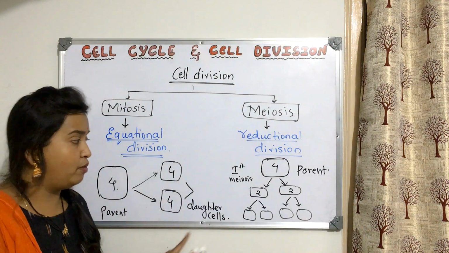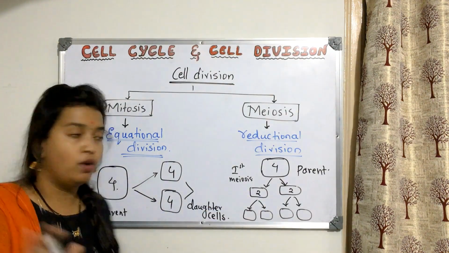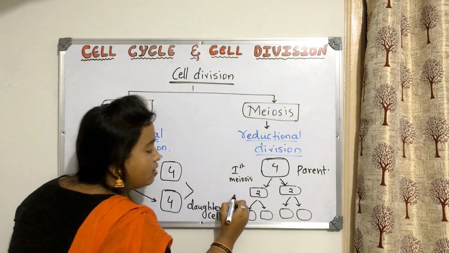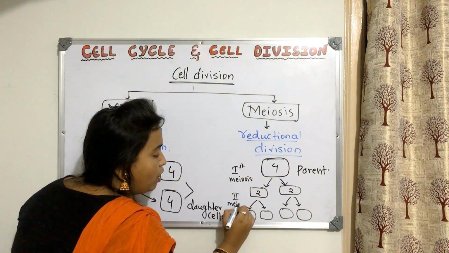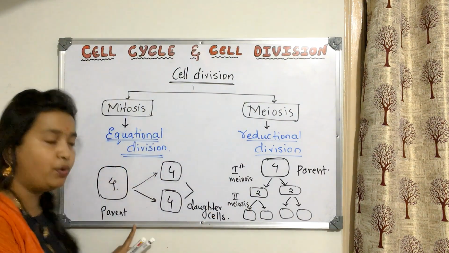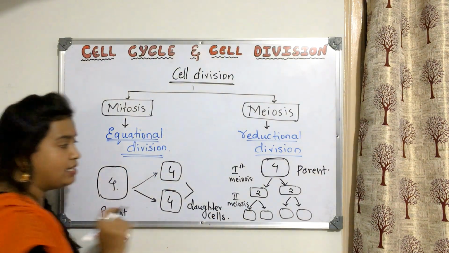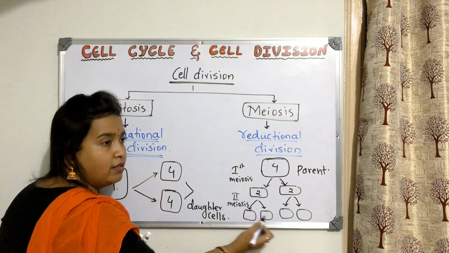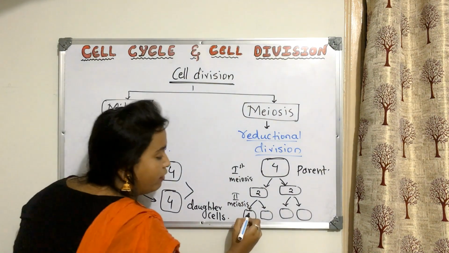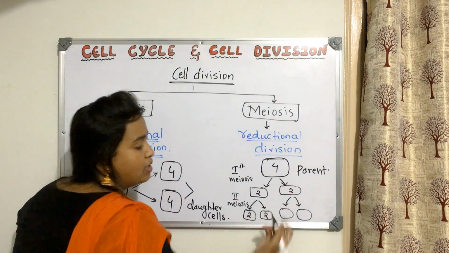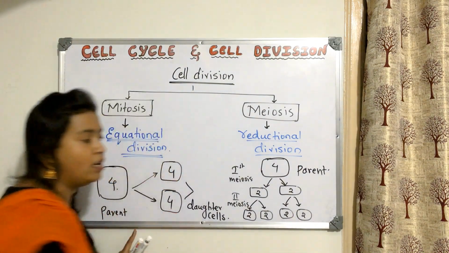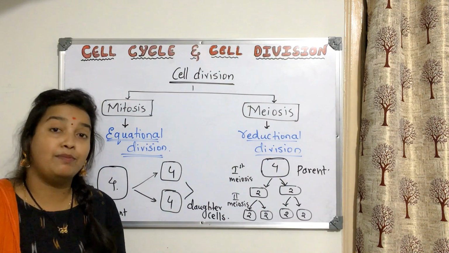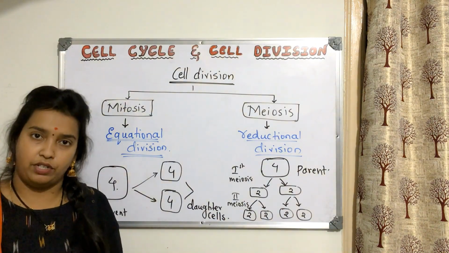Then what is the number of chromosomes? Will it be 1, 1, 1? No. Here it is the same like mitosis. Second meiosis is exactly similar to mitosis. That means 4 is given 4 and 4. Then obviously if it is 2, what will be here? Answer, you should tell me the answer. It will be 2 and 2. What about this? Again it is 2 and 2. So this is meiotic division. What is meiotic division? It is a reduction division.